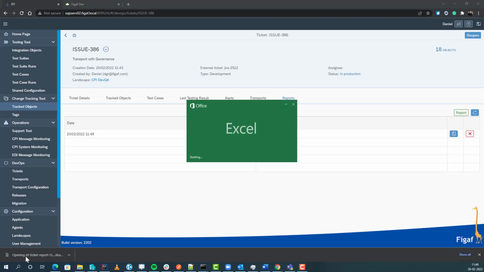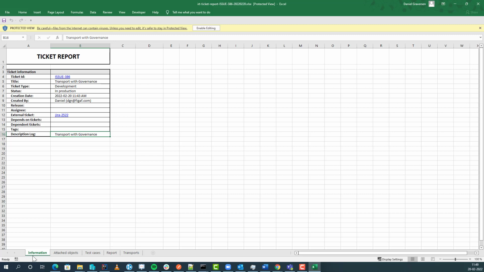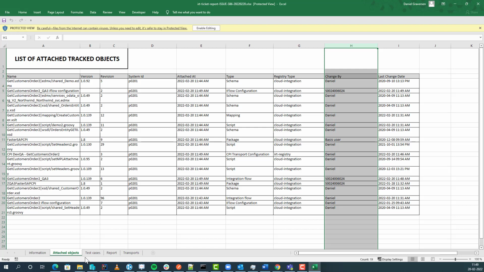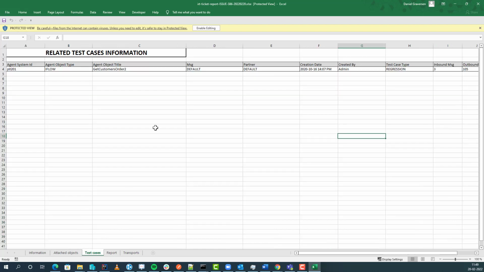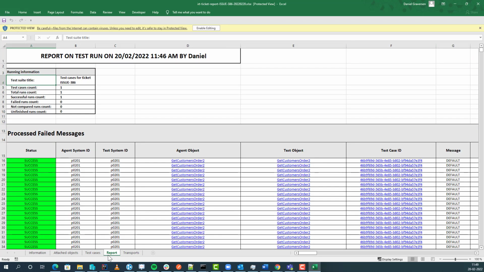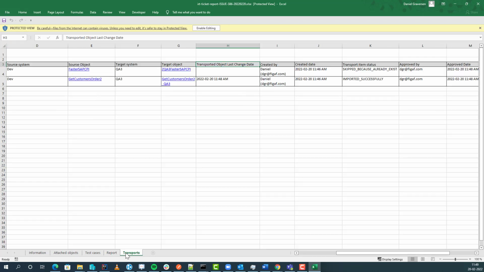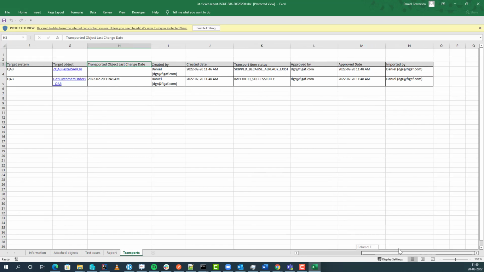And this report can then be uploaded to Jira, ServiceNow, or where you're documenting your changes. So we can see it has here the history, which objects were a part of this, the test cases we ran, the test result, the transports that we ran through this and who approved this, etc. So we got all of the information that is relevant for governance process to trust the changes that are happening in the